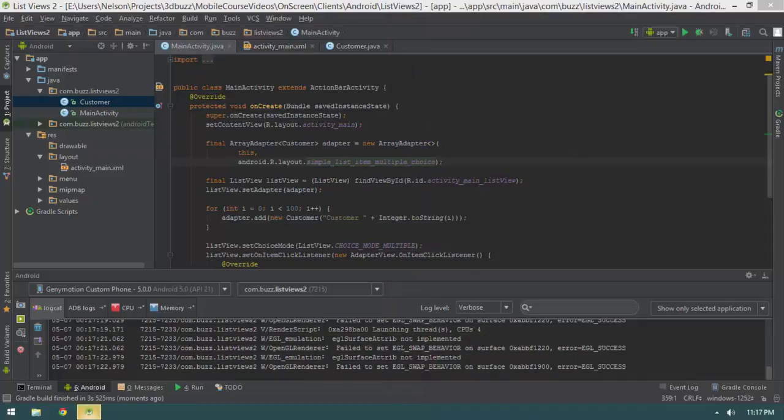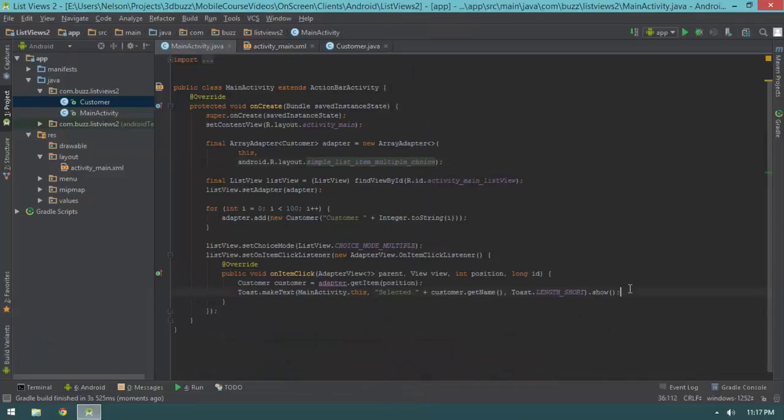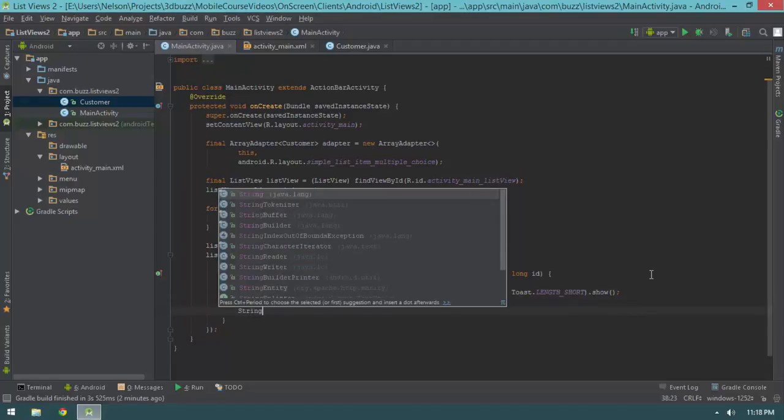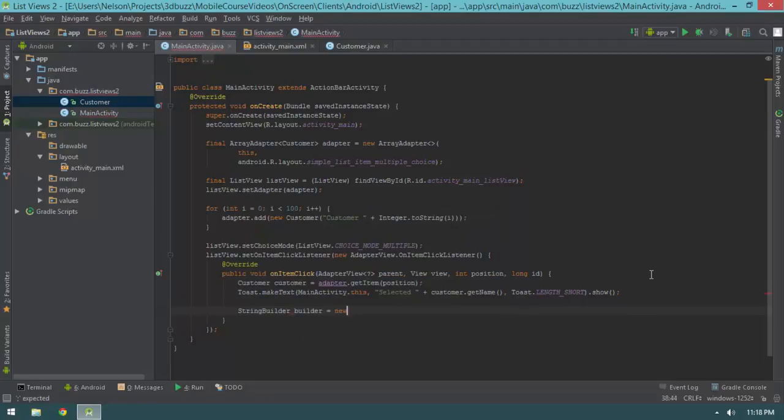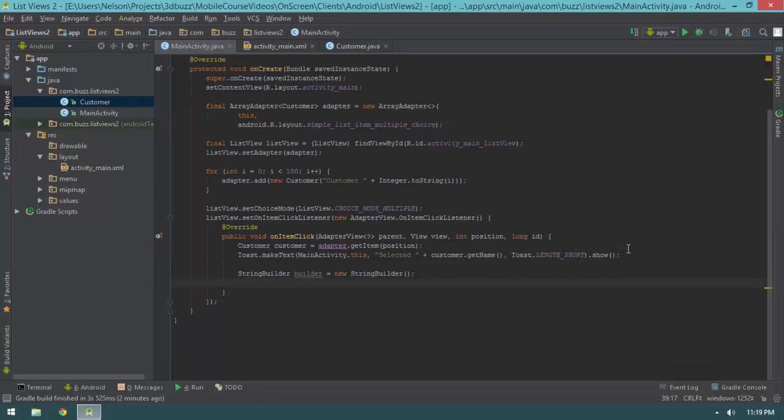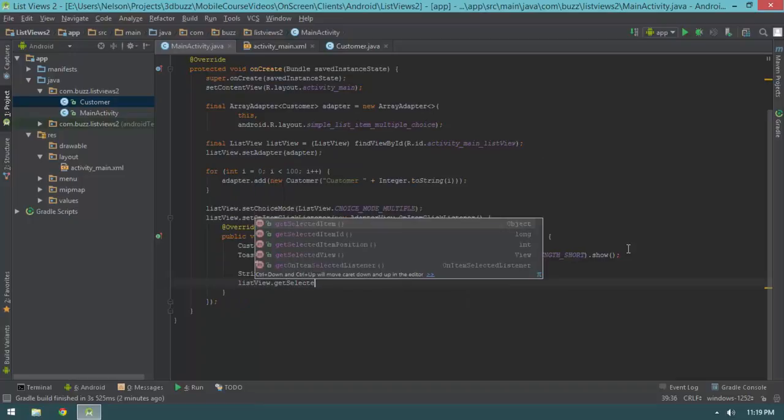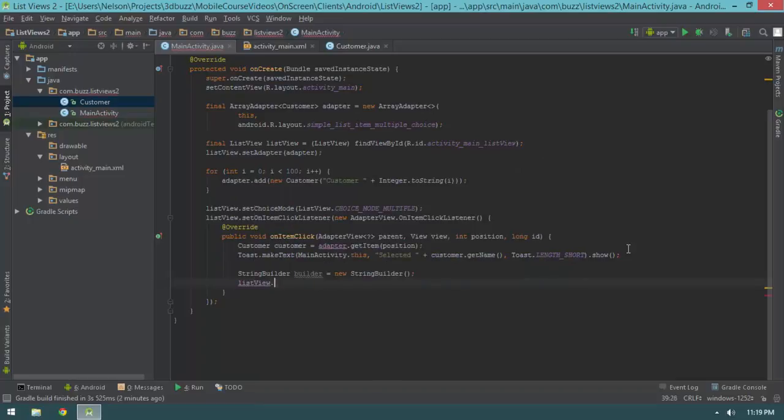Furthermore, let's say I wanted to write some code that will show me the list of all of the currently selected customers when they become selected. So what I would do here is use a string builder for this. I'm going to enter a loop, and for every selected customer, I'm going to add a thing to the string builder. To loop over all of our items that are checked, we can use the list view dot get checked